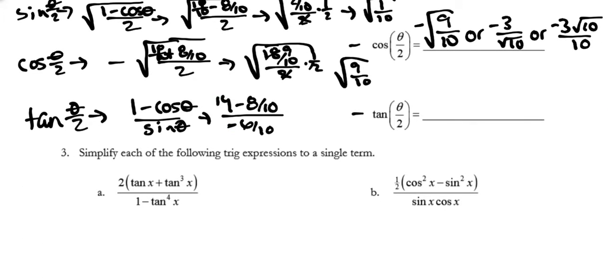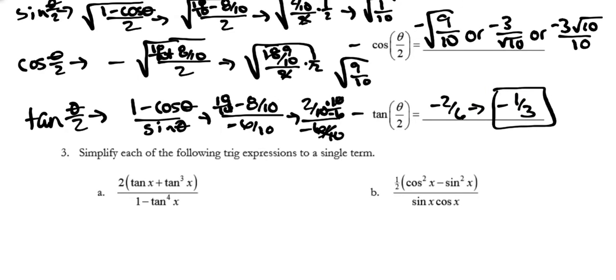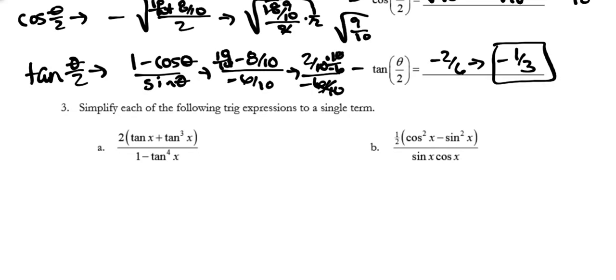So that we have 10 over 10. So we get 2 over 10 divided by negative 6 over 10. If we multiply by the reciprocal, we get negative 2 over 6, which reduces to negative 1 over 3. And that's a nice answer. Okay, you can go ahead and refer to the answer key for number 3 when